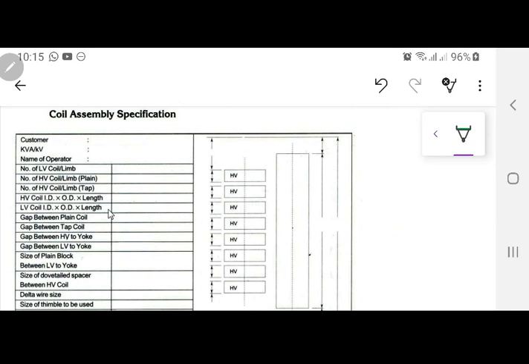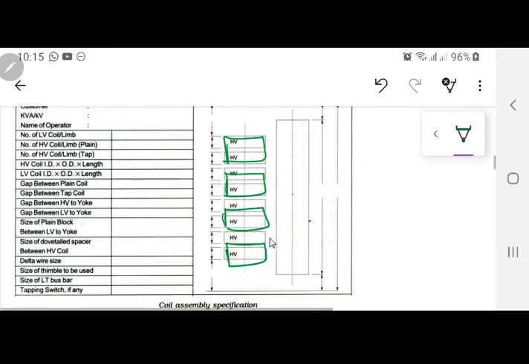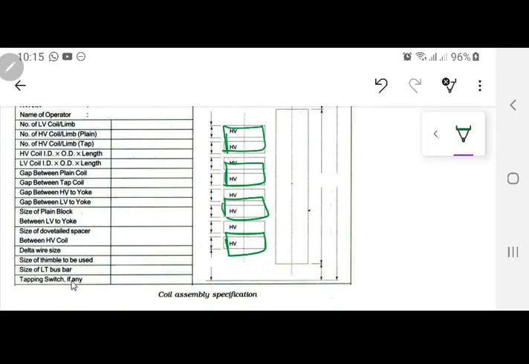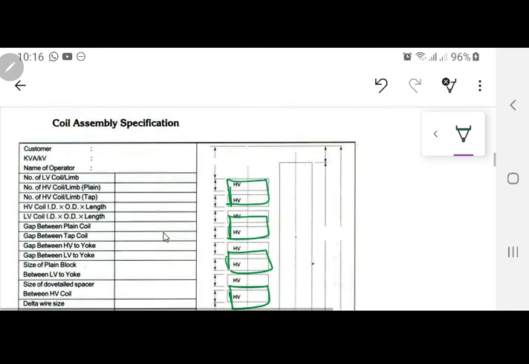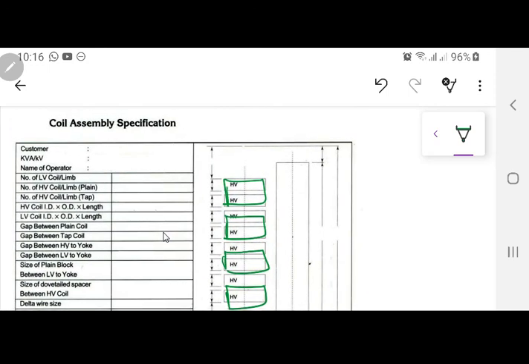Now in your case this was a 100 kVA transformer, and if you remember, this one was having 1, 2, 3 and there were 4 coils over there. The middle one were the tap coils, the other one was the plain coils over there. So you have to draw a diagram similar like this. I'm not going to complete this one, you can do it yourself. And since you have to give all the tapping stitches over here, what are tapping stitches involved? Yes, over here. So this is actually a table over here in which you are going to actually give the manufacturer, because you are a designer, okay? You are a designer, you have to give your manufacturer or the physical hardware team that these are the specification and these are the outer specification which I also want when the transformer is ready over there.